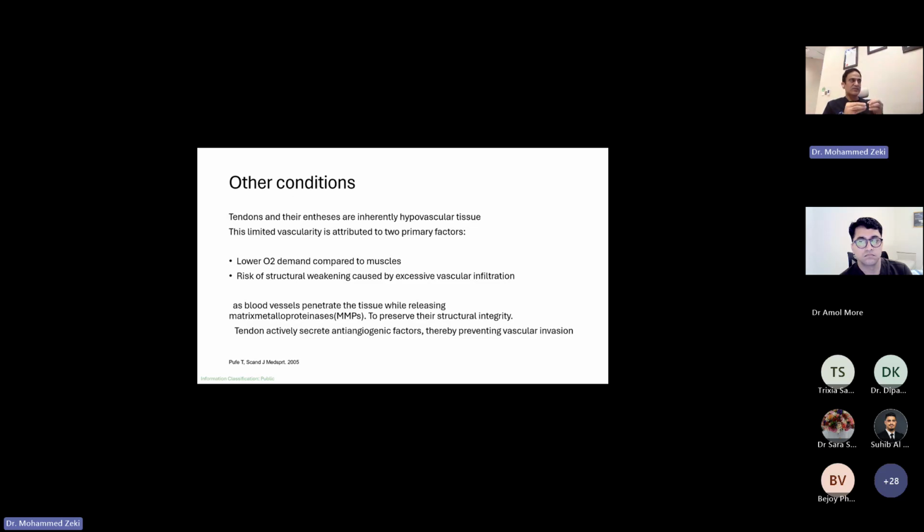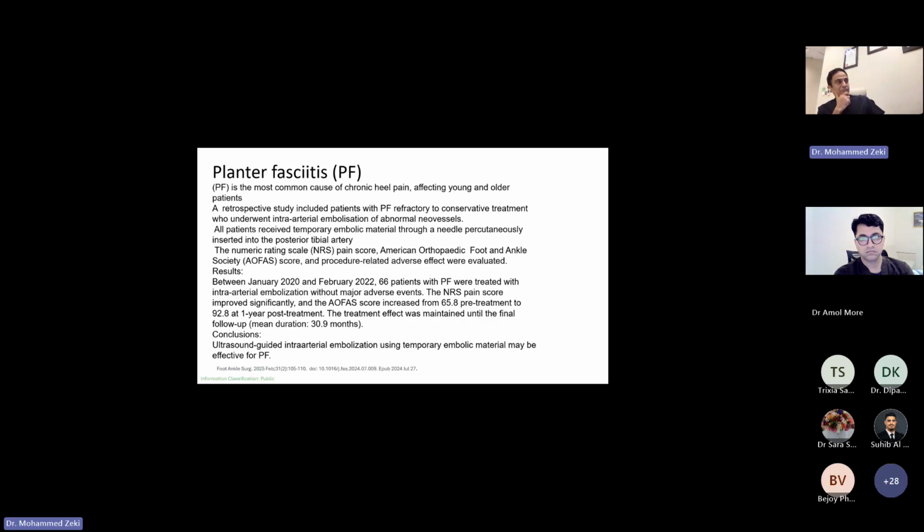When new blood vessels come to the tendon, the body tries to fight it by producing this material, which is MMP, in order to preserve the integrity. This MMP, which is naturally produced when there is inflammation, is actually an anti-angiogenic factor. So basically, we are helping the body to do what it usually does when it comes to the tendon. There is a very interesting